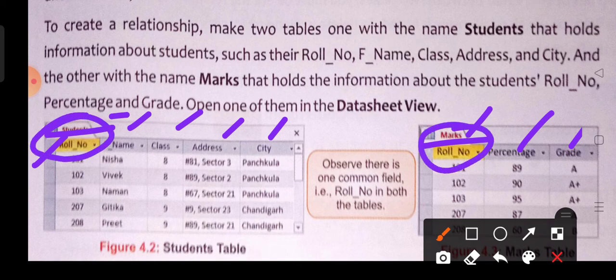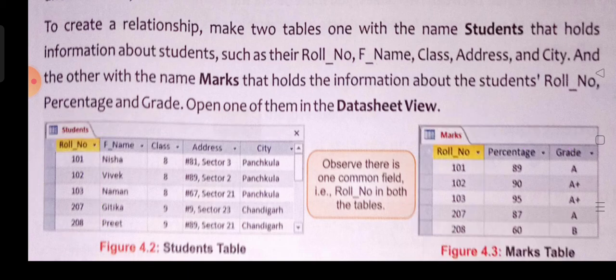So what I mean to say is that if you want to access Nisha's marks or percentage or grade, for that you have to make a relationship between the student and marks tables. For that, the important thing is you have to take a common field in these two tables. Basically, the primary key field is taken common in the second table. Like roll number is the primary key here, so the same field you have to take in the second table.